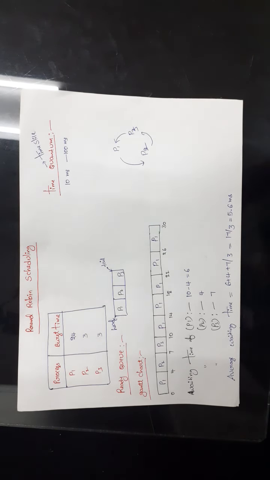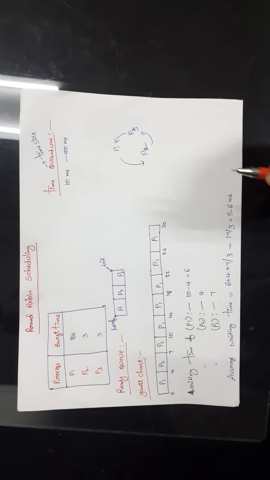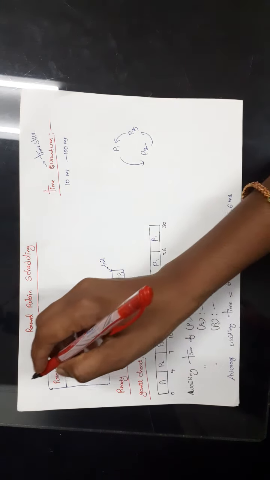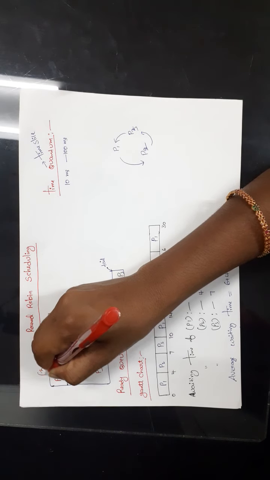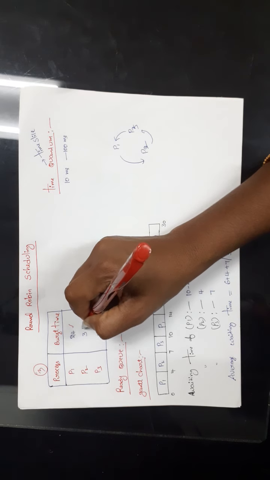In this video, I am going to explain the round robin scheduling algorithm. This is one of the CPU scheduling algorithms. I will explain this algorithm with the help of an example. Let us assume that here we have three processes P1, P2, P3, and these are the burst times of these